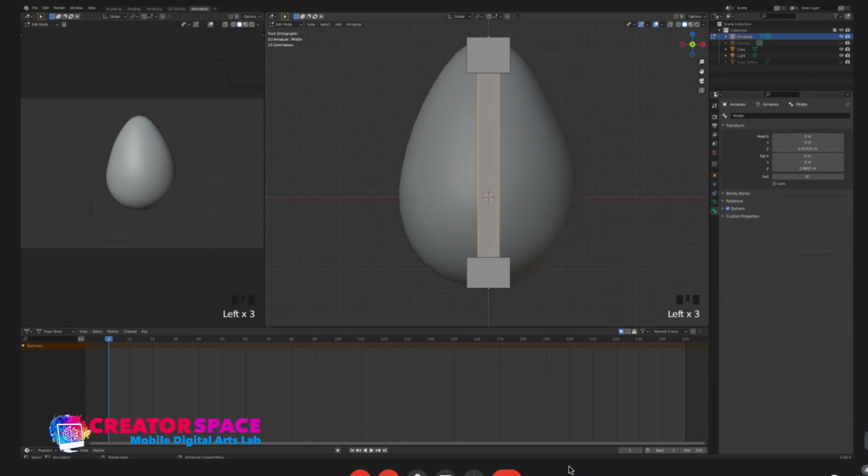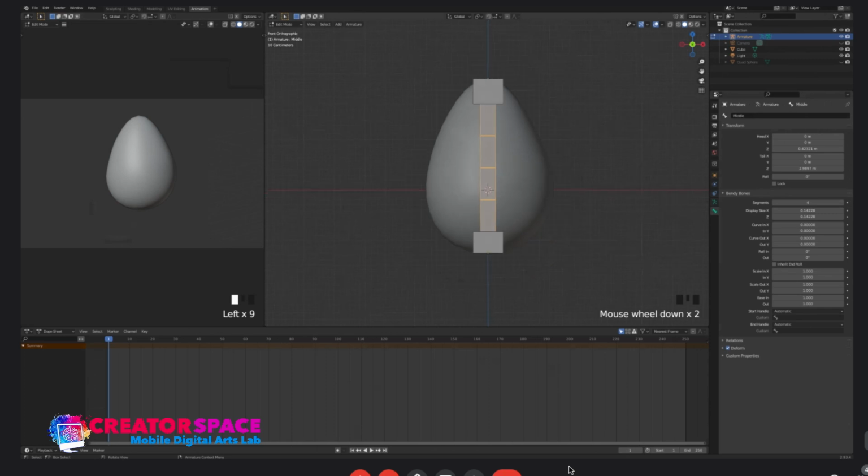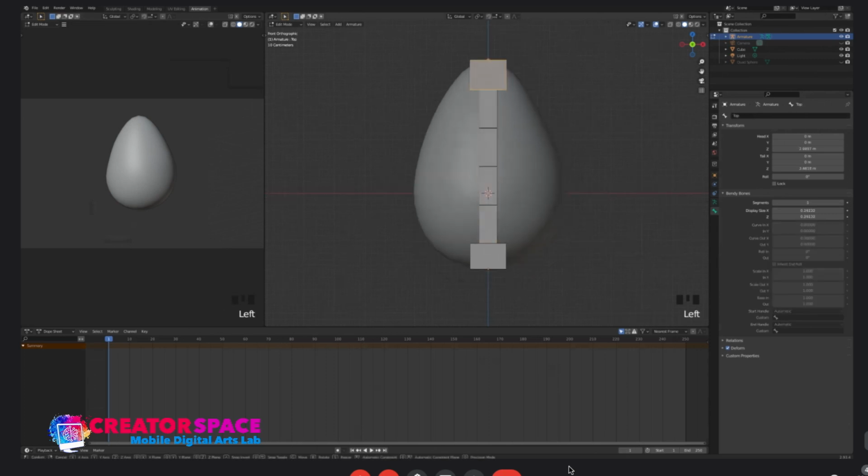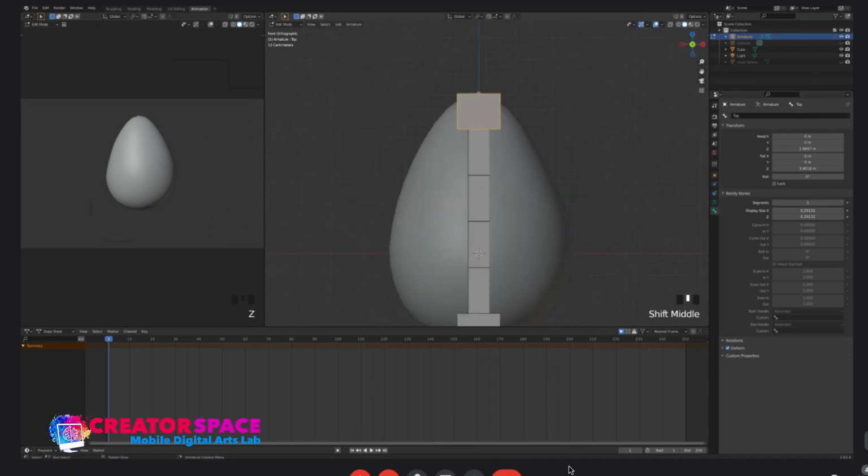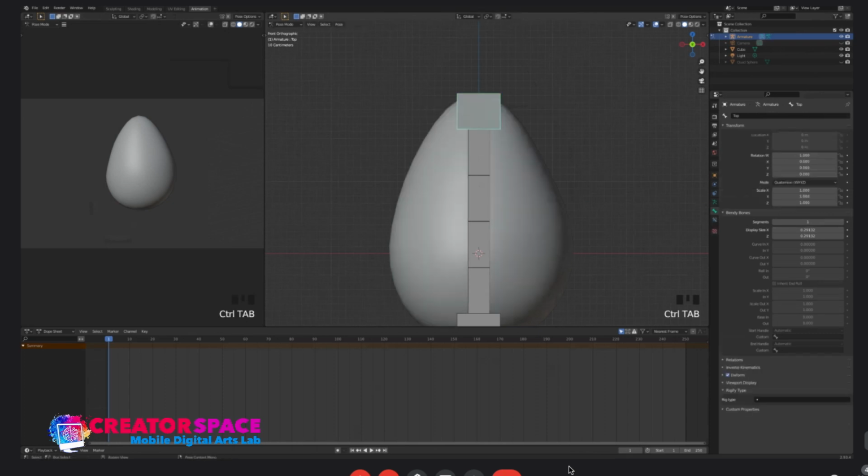Okay, so we're going to click in the middle here, and then we're going to check the bendy bones. As you can see the segment here, we're going to change it into 4 segments. And as you can see, it works really well. But if we go to pose mode,